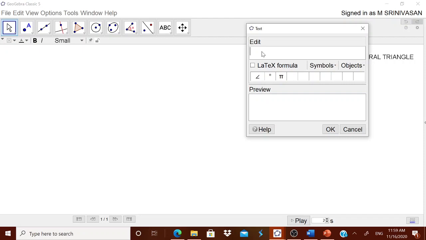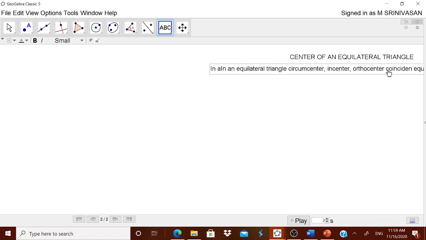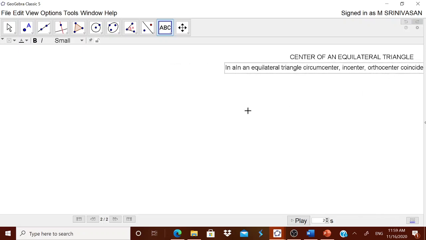Now the circumcenter, incenter and orthocenter coincide in an equilateral triangle. Now we can go for a triangle, but we have to construct an equilateral triangle. GeoGebra gives me a direct way of constructing it.